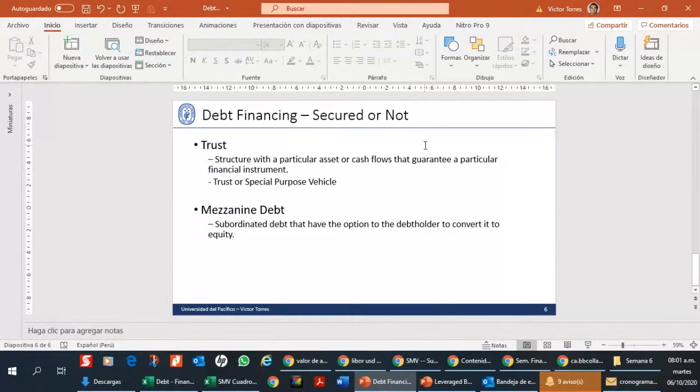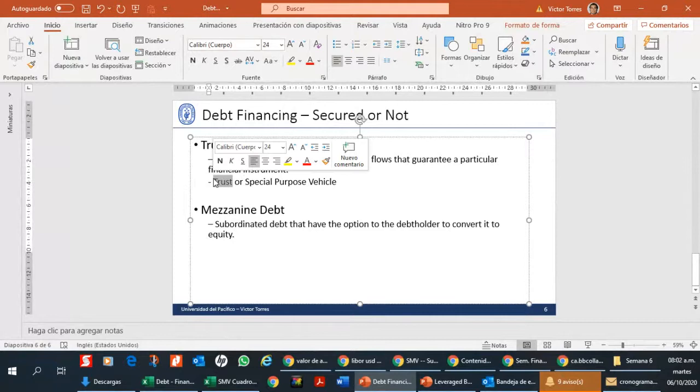So trust, as you may have heard about, is a particular structure that allows you to segregate some assets or cash flows, future assets, that's what occurs with future cash flows, and use them to structure the financing of the company. And I wanted to highlight also that it can not only be done through what we call here a trust, un fideicomiso, a través de una entidad titulizadora, but it can also be created using what is called a